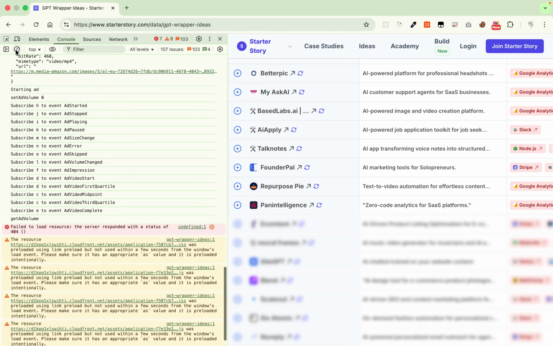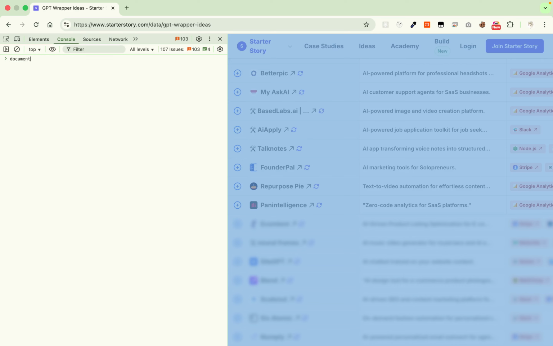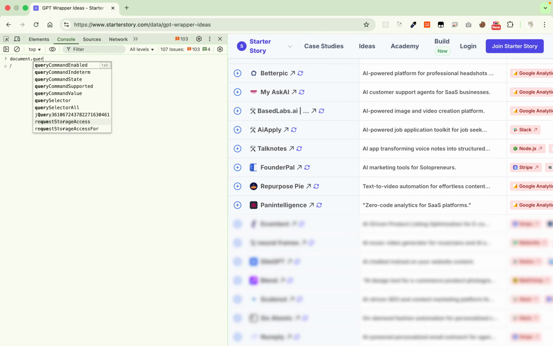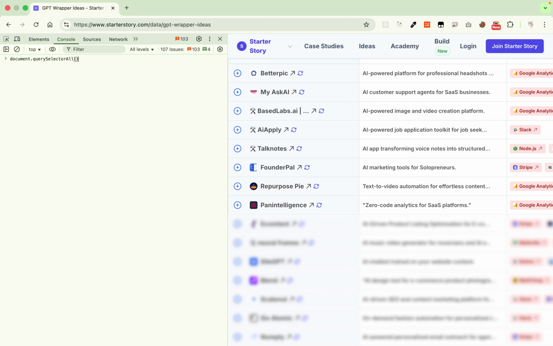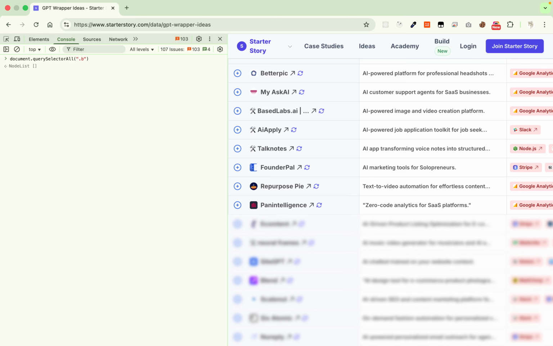So let's go into the console and write some code: document.querySelector, and target this class particularly, which is blur row. As you can see, I get 8 rows,